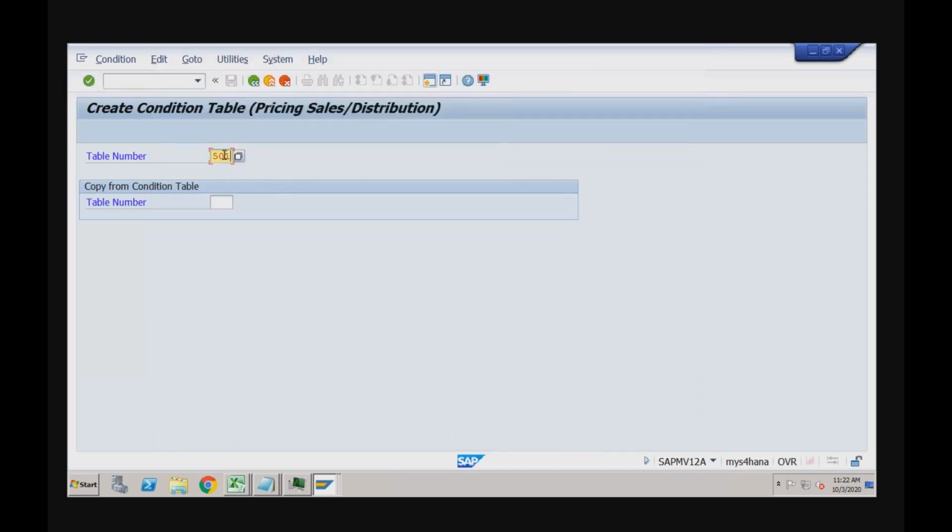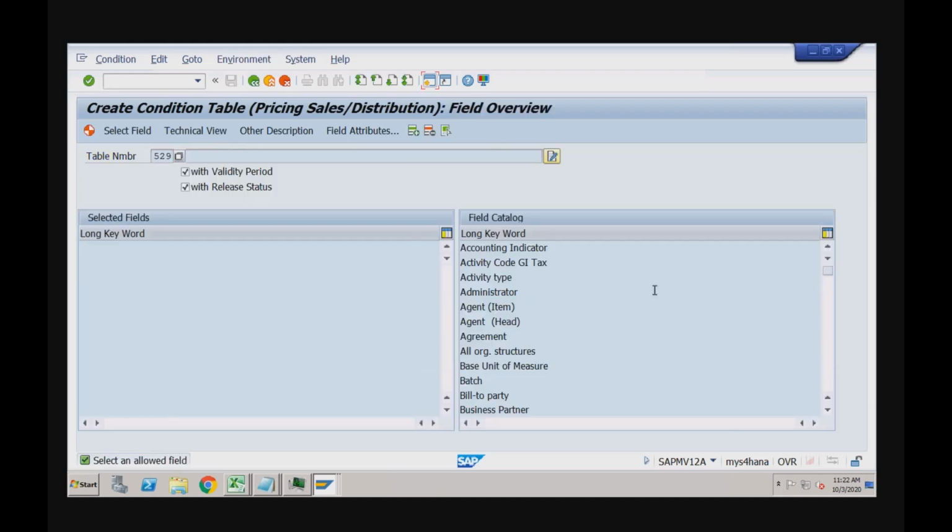So I'll come here and I will create 529, and the system will give me the list of all those fields which are available, based on which you can determine your pricing. So for example, if you want bill-to party, whatever, let me select. I want bill-to party. So first let me double click on this or select this and move to